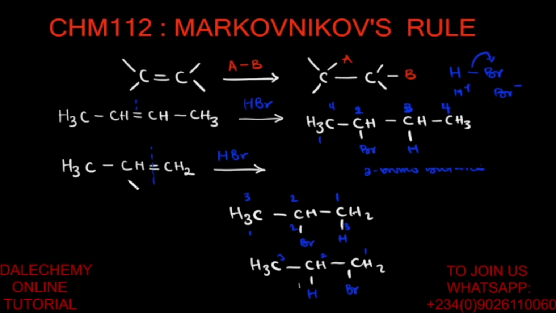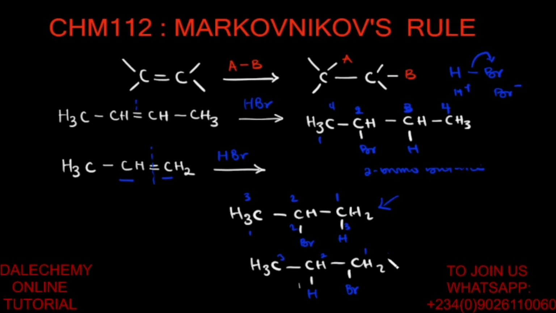So in this case, when you look at the two carbons participating in the double bond, this one has just one hydrogen and this one has just two hydrogens. So what Markovnikov's rule is saying is that the hydrogen, or the electrophilic part of the asymmetric reagent, is going to add to the carbon with more hydrogens, okay, and the Br will add to the carbon with the least hydrogens. So we expect this product here, okay, to be in more abundance than this one